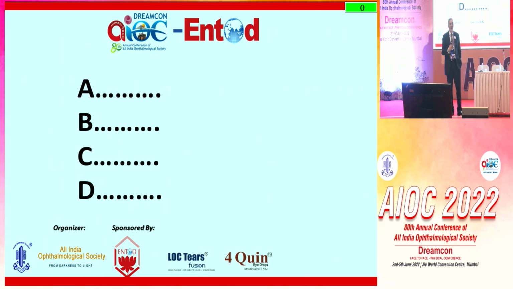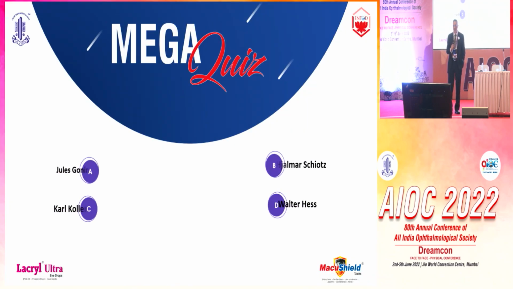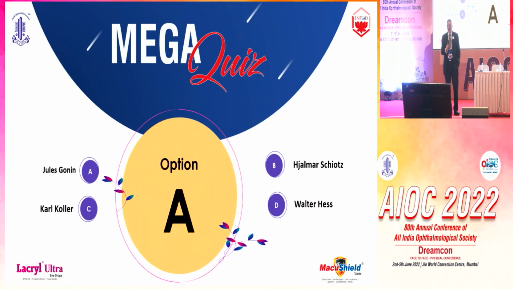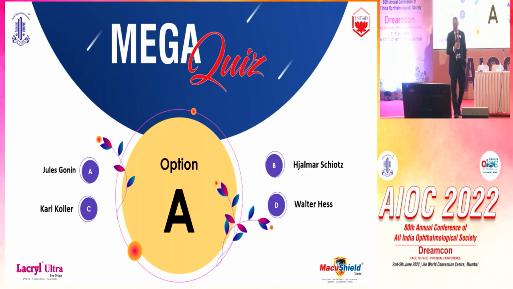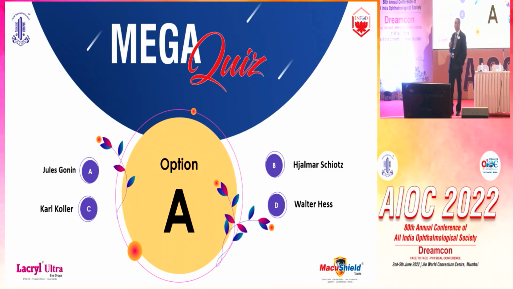Again, I took this from the IJO, and it's a mix that you've come out with, and the correct answer was Jules Gonin, who died unfortunately before the Nobel could be given to him. And can we have the leaderboard? Can we have the leaderboard of which numbers are doing well? Raman, is it possible?